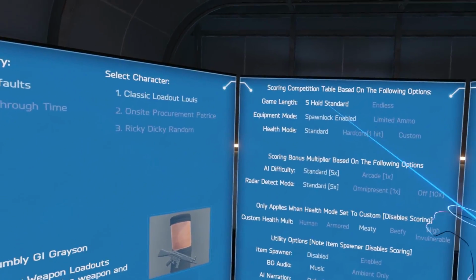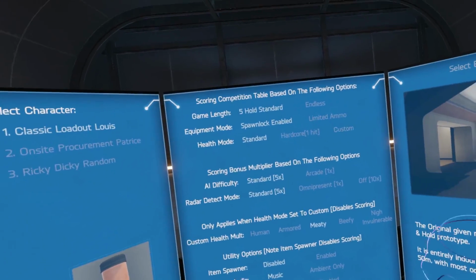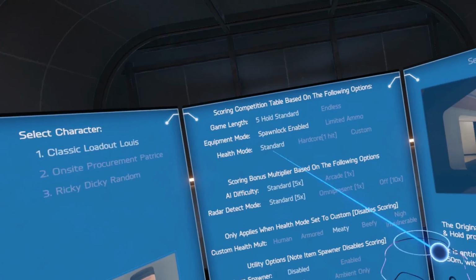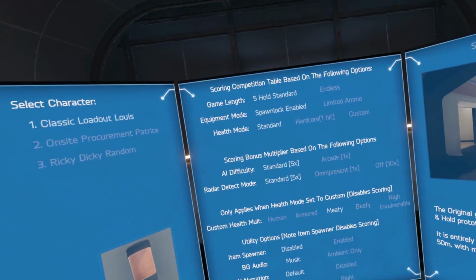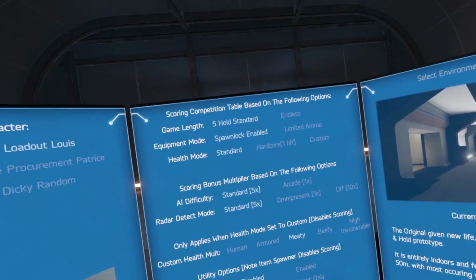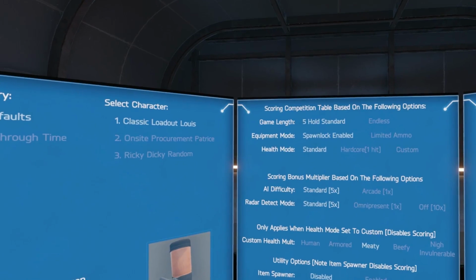Game length, 5-hold standard versus this will be named marathon. Spawn lock enabled versus limited ammo. Health mode standard, which is half of meaty. It's basically a little tougher than armored. It's, I think, the same amount of health you start with in Rotwieners, and is a good balance between being